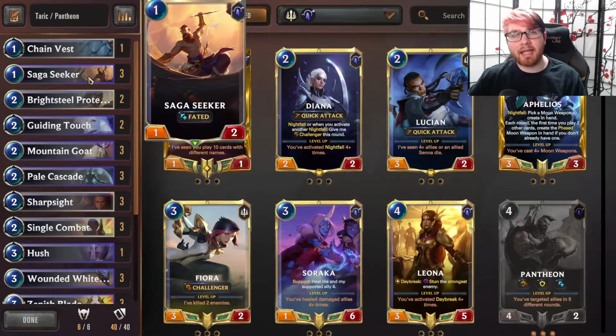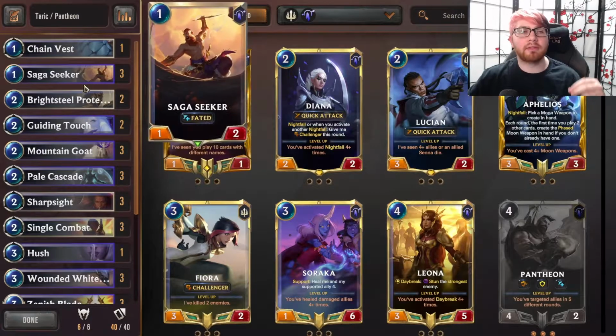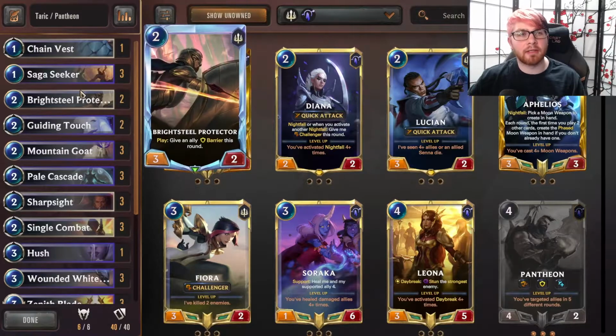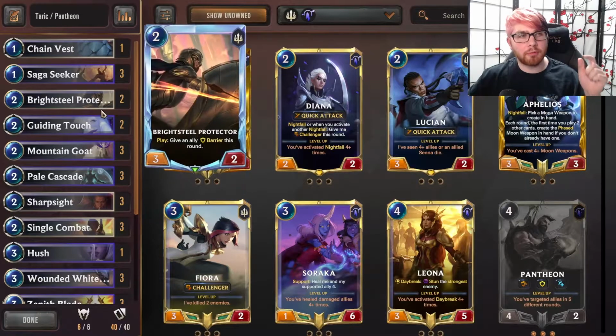This really helps with the aggro matchups that the Shyvana variant can struggle with, specifically Lurk, where a turn 1 Dragon Chow into a turn 2 Brightsteel Protector looks leagues different than a turn 1 Saga Seeker into a turn 2 Brightsteel Protector. Speaking of 2-drops, though, and turn 2 plays in general, Mountain Goat is a key card for the deck as well, and one that is actually debated on Brightsteel Protector. Usually you will see one of these as a 2 of and the other as a 3 of,